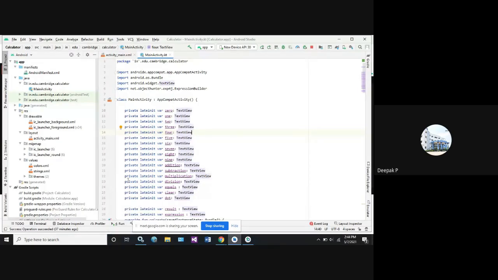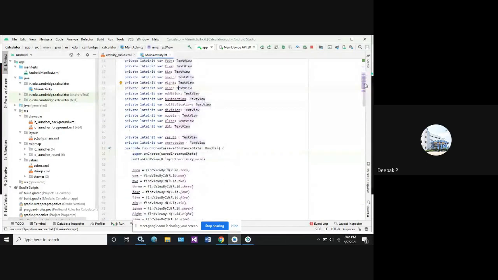Okay. So next, what are the next things? After 0, copy paste the same line for the other values like 1, 2, 3, 4, 5 up to 9. And what are the remaining symbols? Addition, subtraction, multiplication, division, equal symbol, clear and dot. All the contents are nothing but text contents, so that's why the view part of my values are text view.